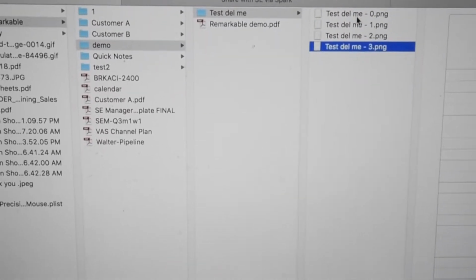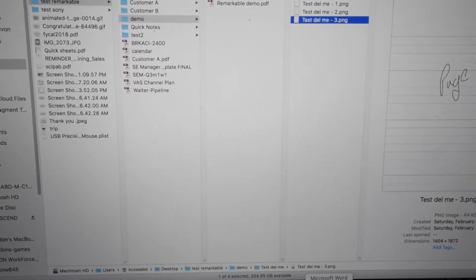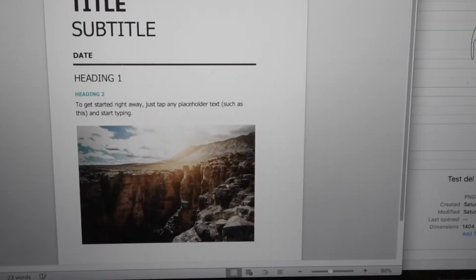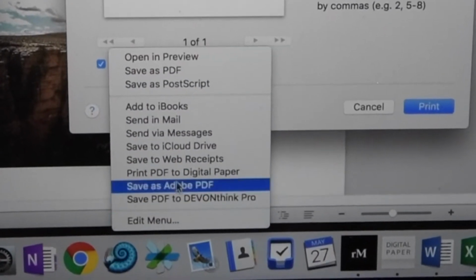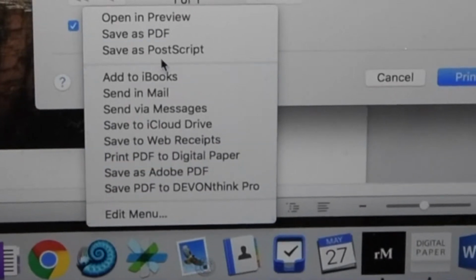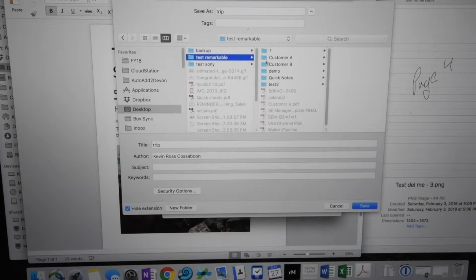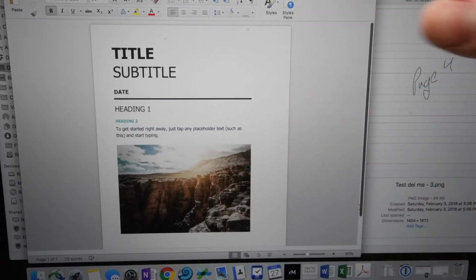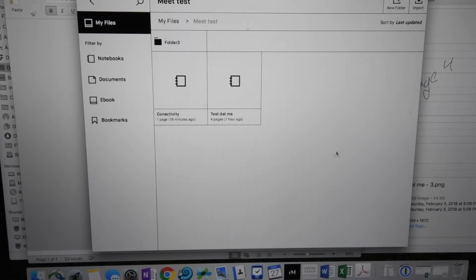That was cool. Now, getting stuff into the reMarkable is a little more clumsy than the other one. For the other one, if you remember, there was a PDF option to actually print it to the digital paper. This time we actually have to save it as a PDF, find a directory to store it in, and save it as trip. And now that this application has created a PDF, I can go over here and import